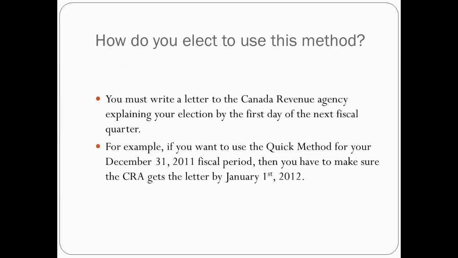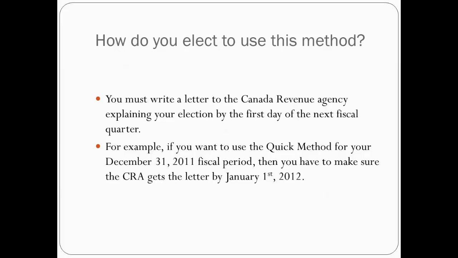Now, how do you elect to use this method if you're eligible? Simply write a letter to the Canada Revenue Agency explaining your election by the first day of the next fiscal quarter. What that means basically, for example, is if you want to use the quick method of accounting for your December 31st, 2011 fiscal quarter, then you'd have to make sure you write a letter to the Canada Revenue Agency